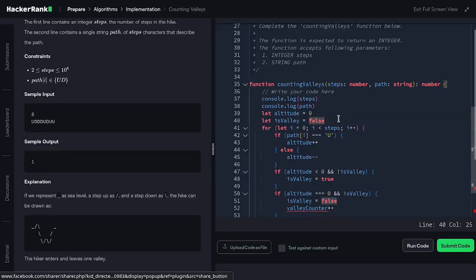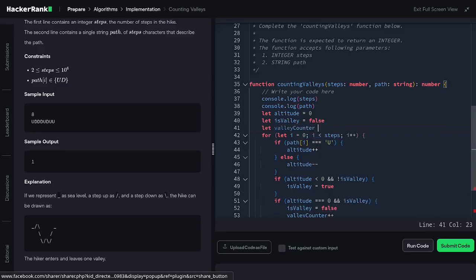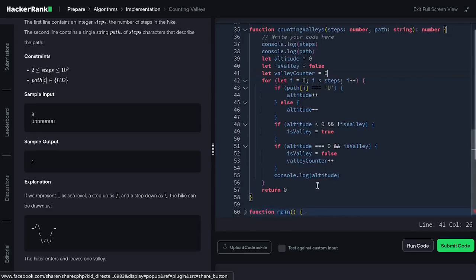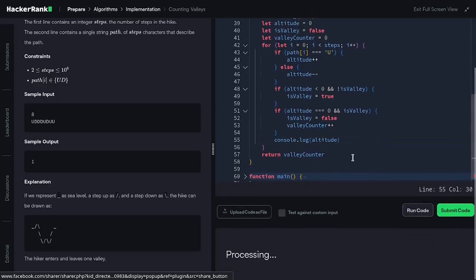Let's define our valley counter. By default it's 0, so let's return the valley counter. And that way, if we reach the sea level after we were below the sea level, let's say from -1 reaching the 0 altitude, then the valley counter is increased by 1. So let's run the code to see if it works,